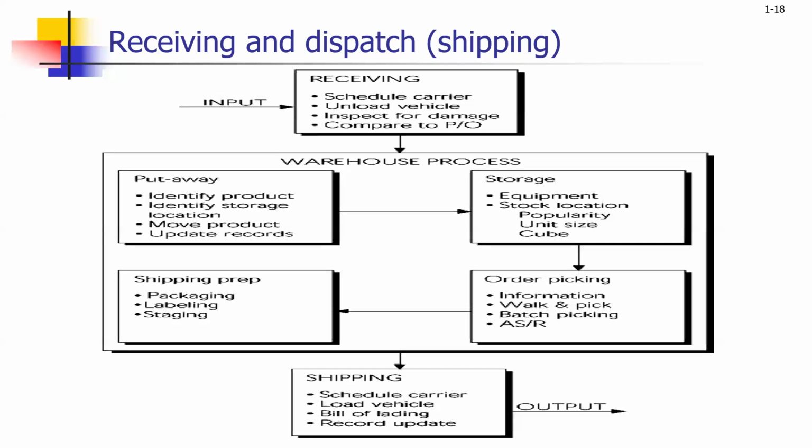Those that are in correct order, you allow them to go into the process to be received. Then you compare to the purchase order, the PO. Remember, you place a purchase order to your supplier. So your supplier comes with items, and you compare with your purchase order whether the items you ordered are the items you have received. Then the warehouse processes: you have put away, and we have storage, you have shipping prep, and we have